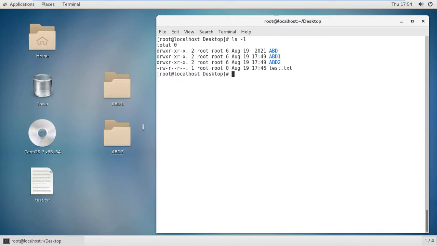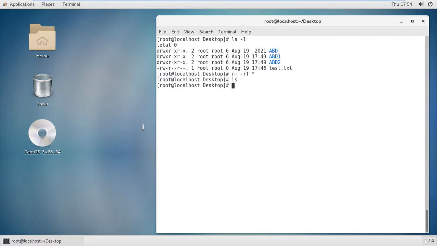I want to remove everything with rm -rf. If you type rm -rf *, enter, it will remove everything. No, never prompt. Recursively means their directory and contents as well. So with the ls command, it will show nothing.